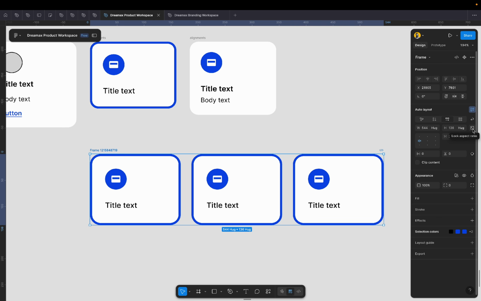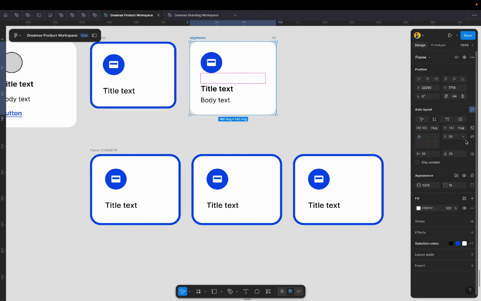If you adjust one side of it, just always have the aspect ratio locked. Okay, and for this one, I think we have one more. For clip content, clip content works in a way that elements that are within this frame, for instance, if I